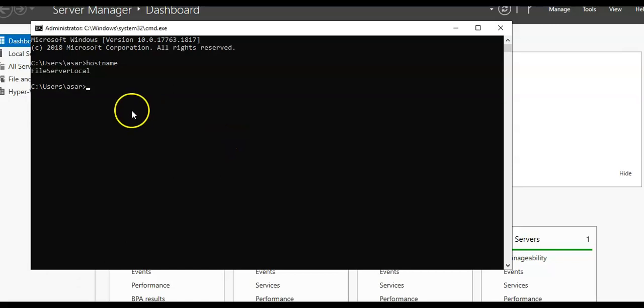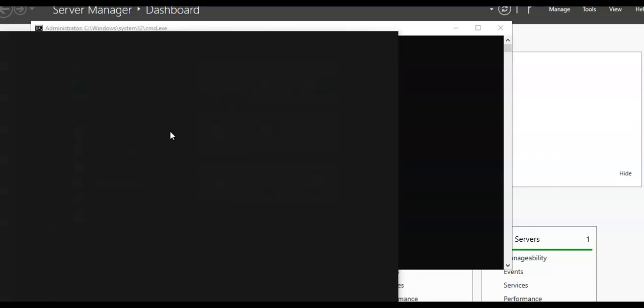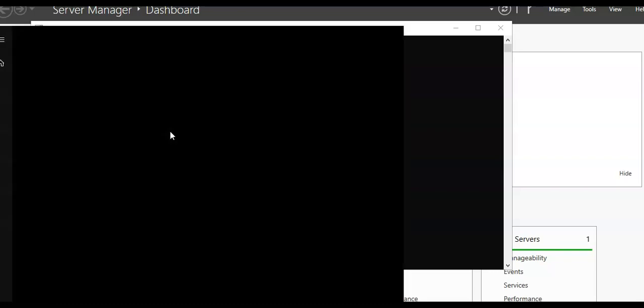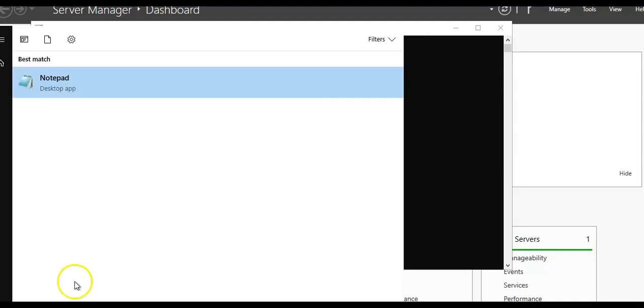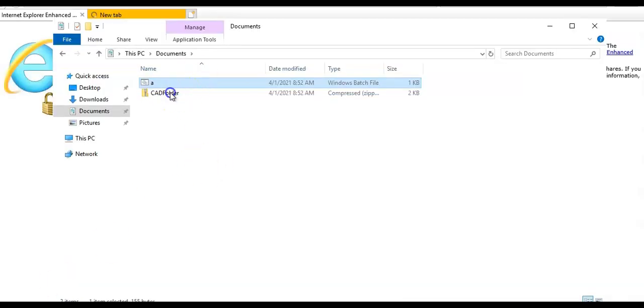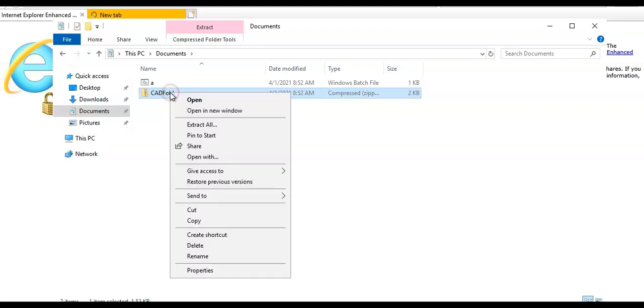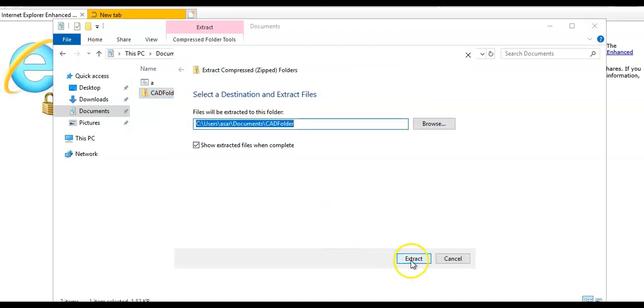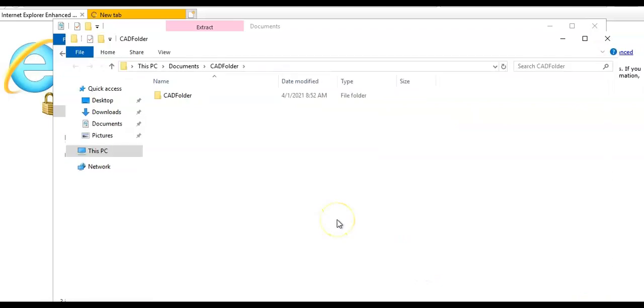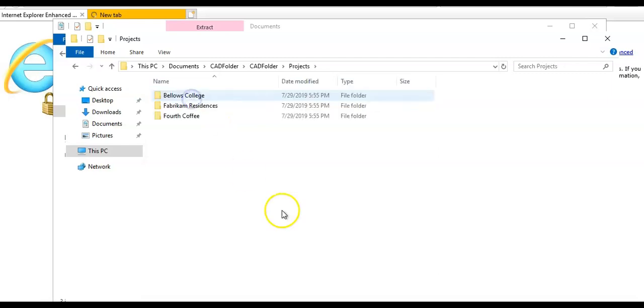There you go. I see a cat folder here. I'm going to expand the zip file and extract it in the documents. I see this is my project and this is my cat file.